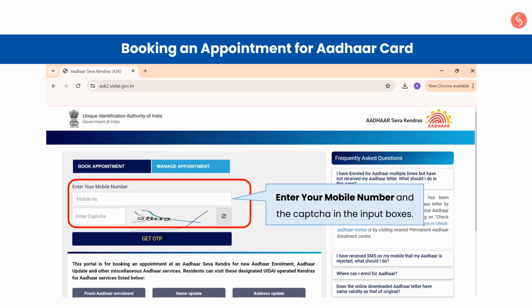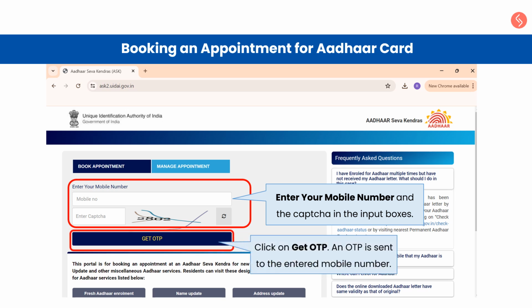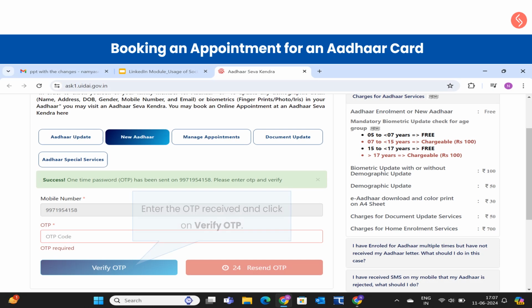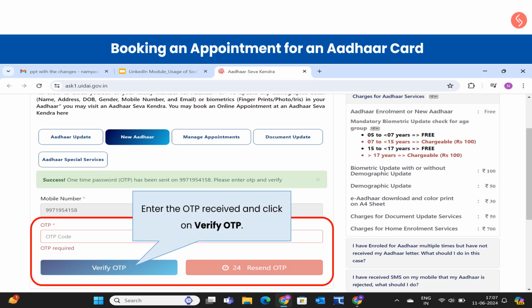Enter your mobile number and the CAPTCHA in the input boxes. Click on Get OTP. An OTP is sent to the entered mobile number. Enter the OTP received and click on Verify OTP.